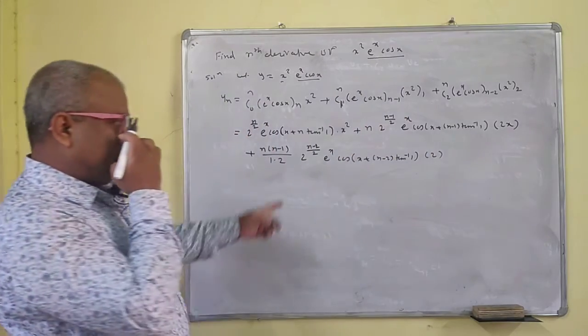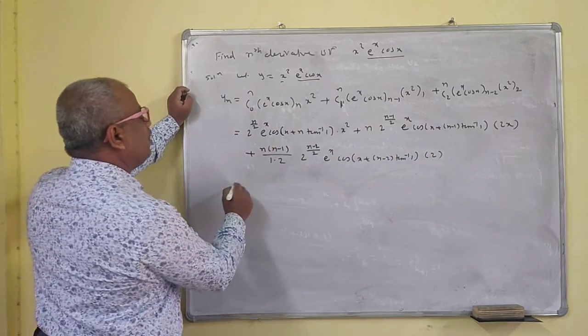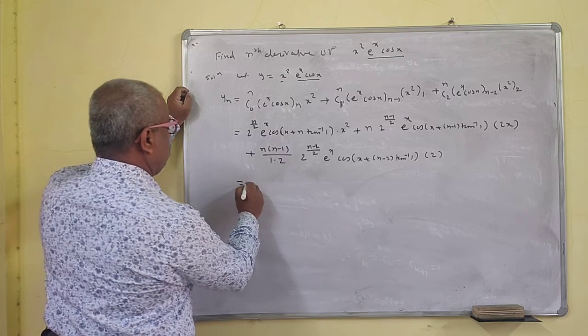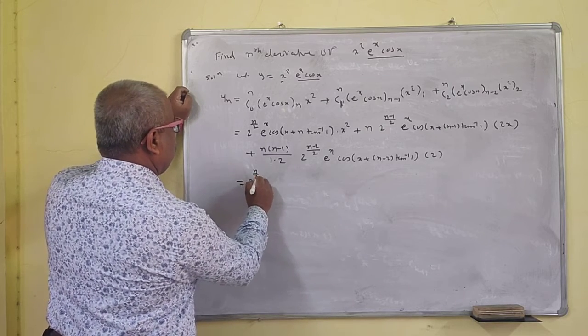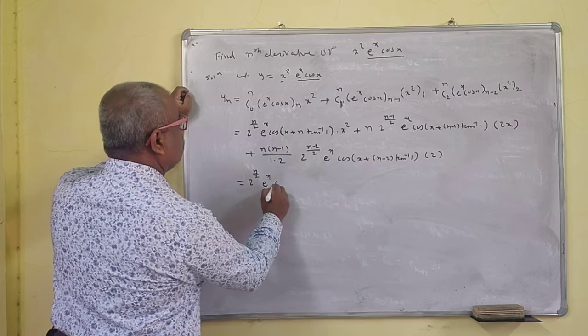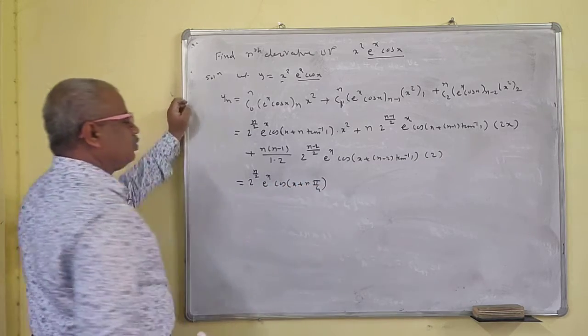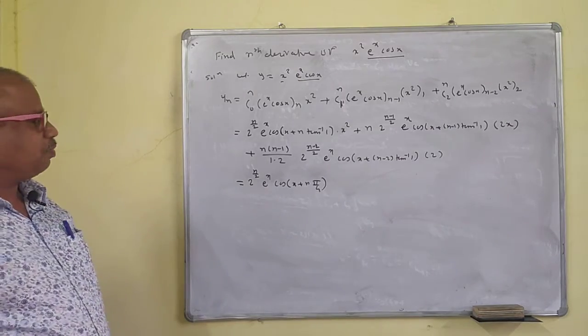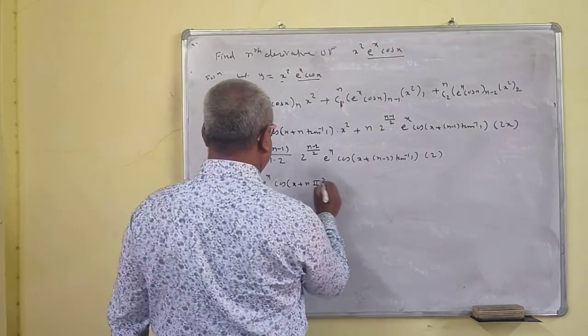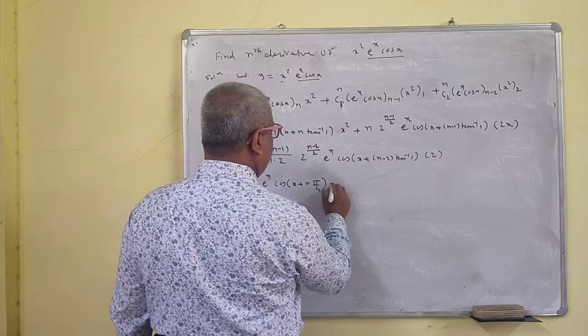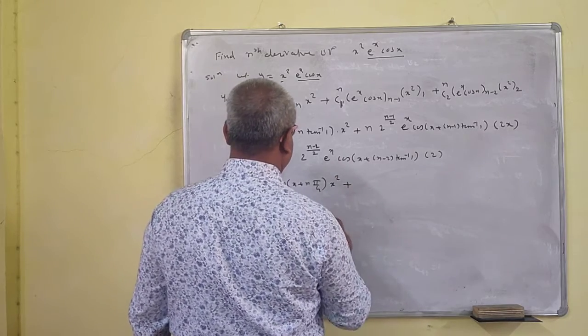Okay, so now this is over. So we just simplify this. So this is 2 raised to n by 2, e raised to x cos of x plus n pi by 4, because tan inverse 1 is pi by 4, into x square. Into x square. Plus